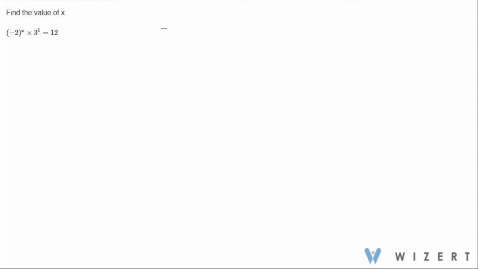So that will be minus 2 to the power x multiplied by 3 to the power 1 equal to 12. So that will be minus 2 to the power x multiplied by 3 to the power 1 equal to 2 into 2 into 3. So this will be 2 square. Minus 2 to the power x multiplied by 3 to the power 1 equal to 2 to the power 2 multiplied by 3 to the power